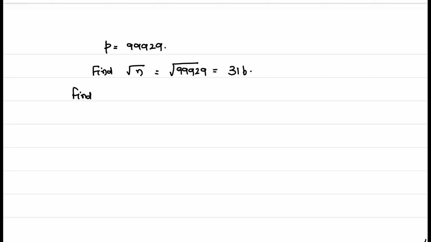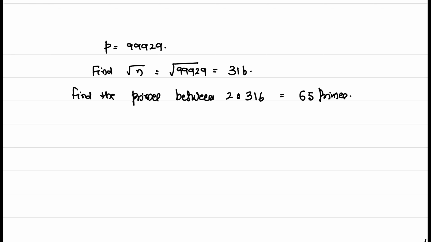Find the primes between 2 and 316; there are 65 primes. It's not a very large number that you cannot do it. At the same time, it is not a small number where you can do it with ease, but we are required to take some extra effort